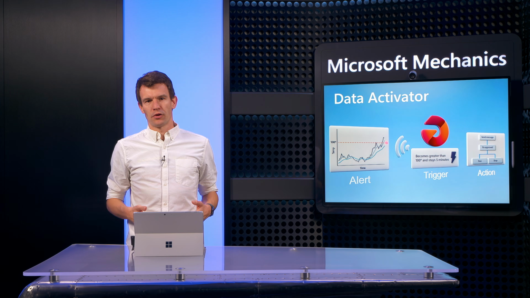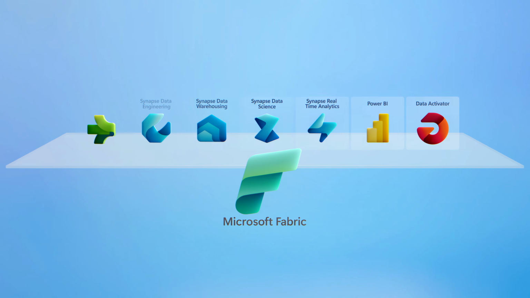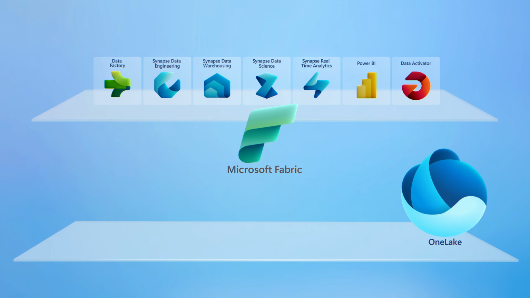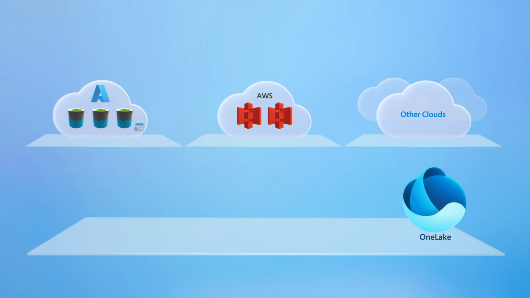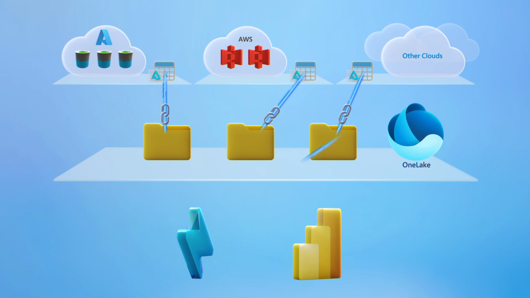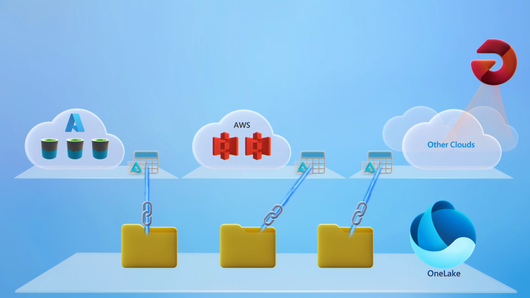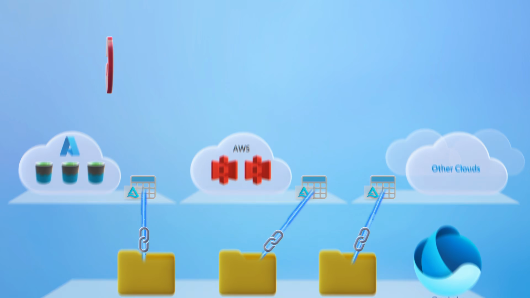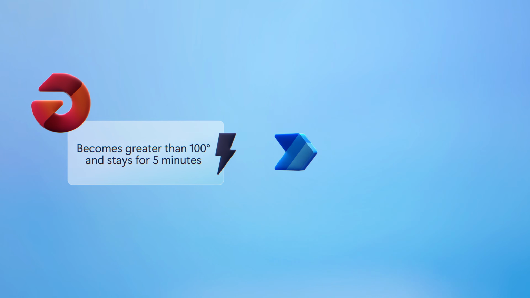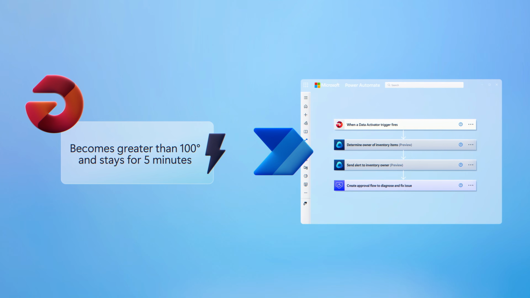So what is it that makes this possible? Well, Data Activator is part of Microsoft Fabric, our next generation data analytics service that's powered by our multi-cloud data lake called OneLake. This uses the universal Parquet file format and shortcuts to bring in data wherever it resides without you needing to move it. Data Activator can then listen for changes in that data based on the conditions you've established and trigger these automated notifications in applications like Teams or email, or those system-level workflows with conditions that you define. And of course, it'll integrate seamlessly with all of the data management and governance processes in Microsoft Fabric.